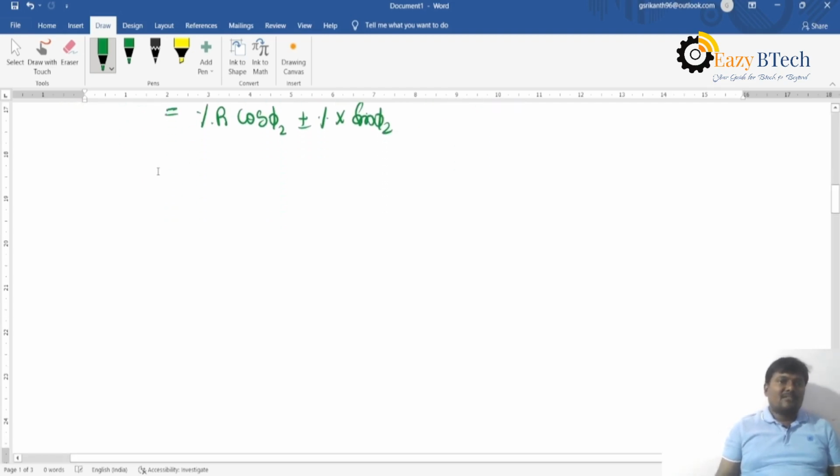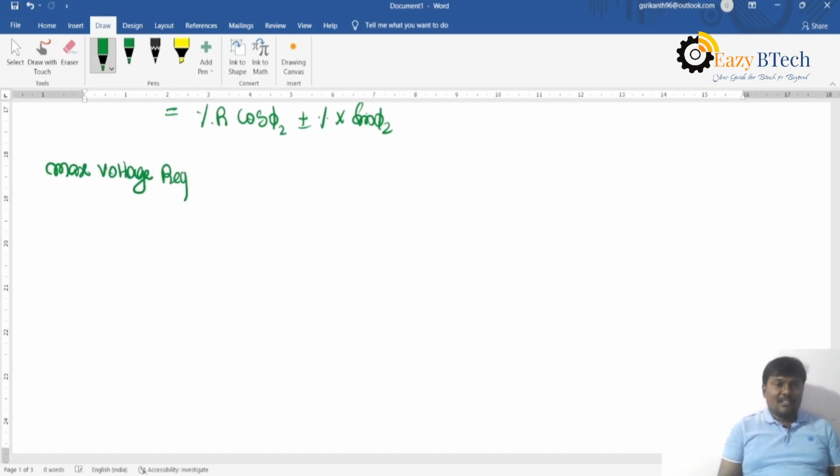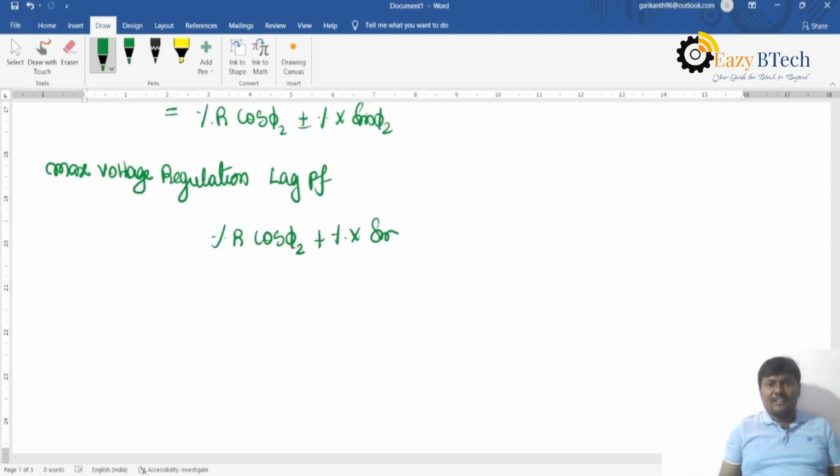I want to get the maximum voltage regulation of a single phase transformer at lagging power factor, so percentage R cos phi2 plus percentage X sin phi2. This is the percentage voltage regulation, and differentiate this equation